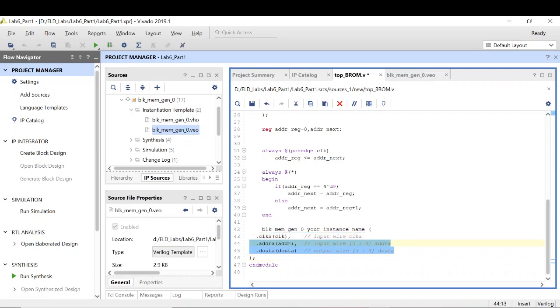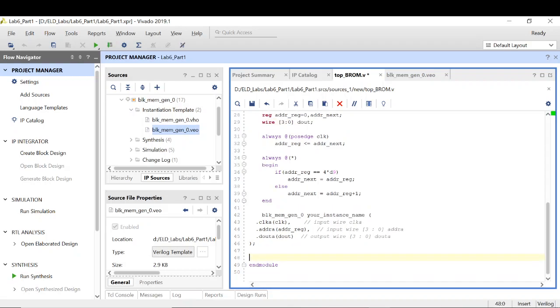For the address, we can pass adder underscore reg, and for the data, I need to get a wire. So now what I have done is I have connected the clock signal to the clock. The address which we are generating here through the counter goes to the address bus of the memory, and finally the output data corresponding to the address which you are passing, I am connecting to the wire of this 4-bit DOut.